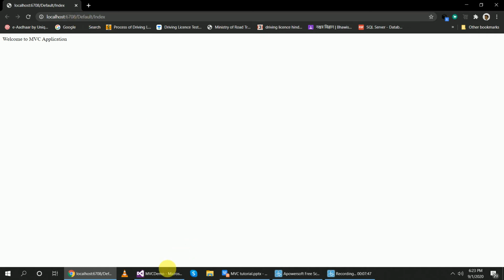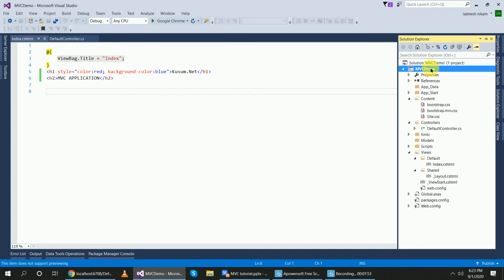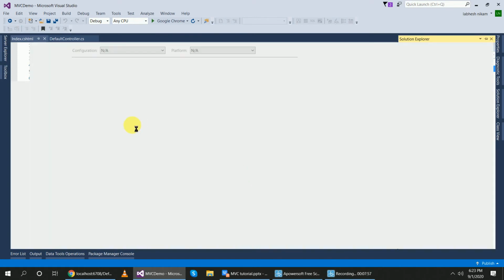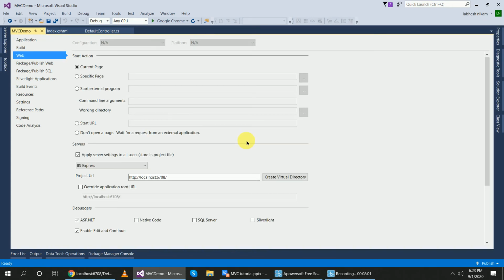So what I will do for that, I will right click on properties and click on web, and here what is my project name? MVC demo. So I will write here MVC demo.